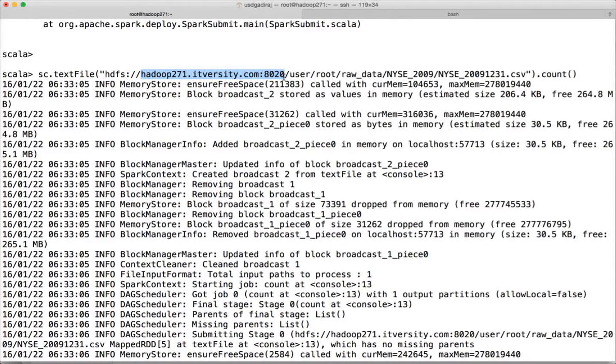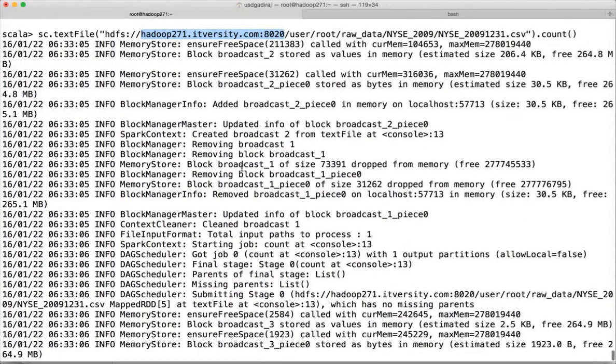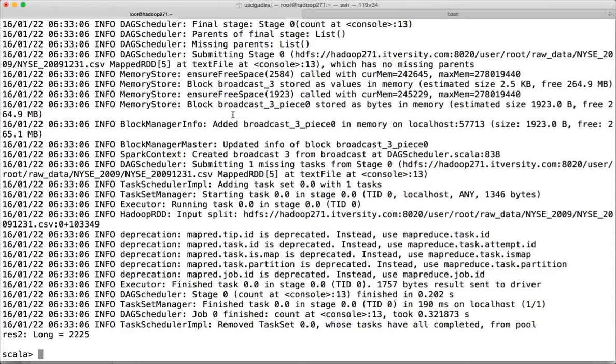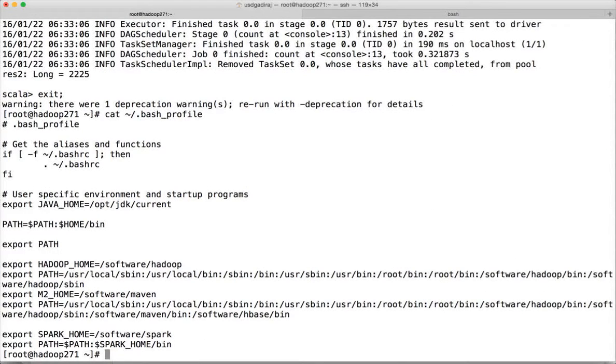We will see that in future videos, but for now it can access files in the local file system directly or by specifying the name node IP address like this. And also we need to integrate with Yarn. That also we will see in future videos. For now the installation is successful, and we have to add those two lines which are updated in bash profile